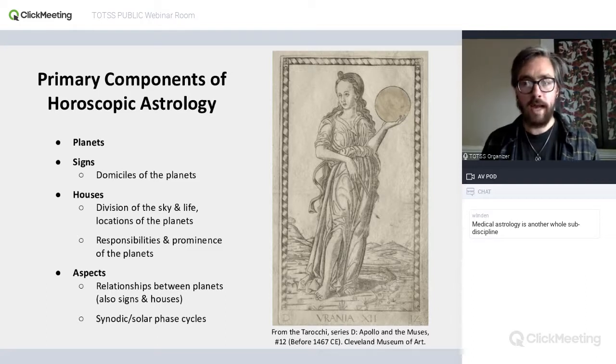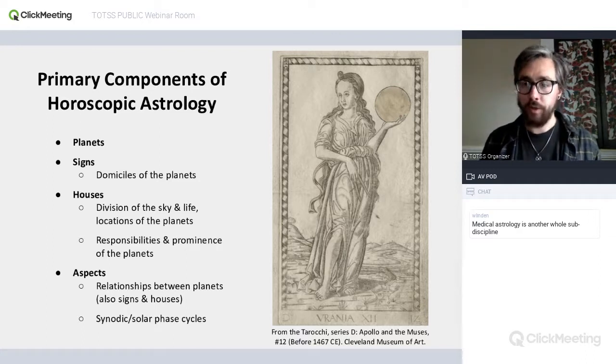All right, and then we also have what are called houses, which is a slightly almost misleading word. In Greek, what we call houses were called topoi, or places, which in a way would be better, perhaps, but we'll just use the modern English terminology of houses. And so the houses are divisions of the sky, rather than divisions of the heavens. They're divisions of the sky. So they're anchored to the horizon, the different portions of the sky in a given place at a given time. So they're divisions of the sky as well as divisions of the life,